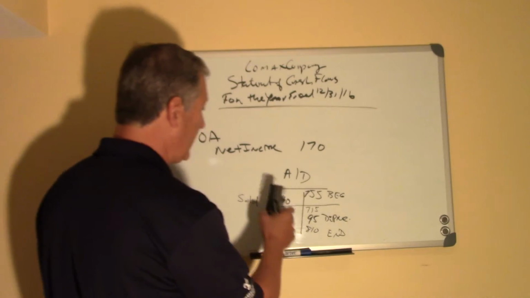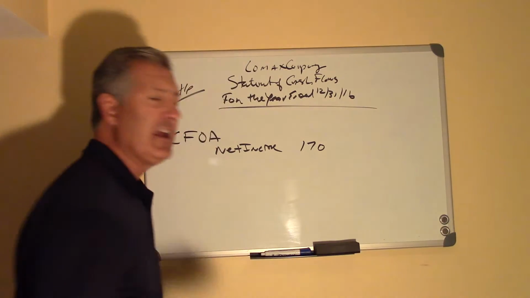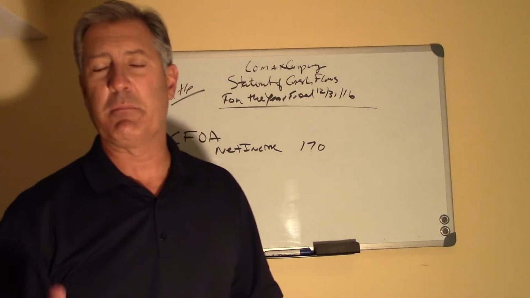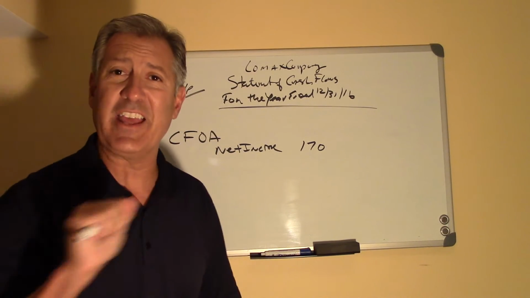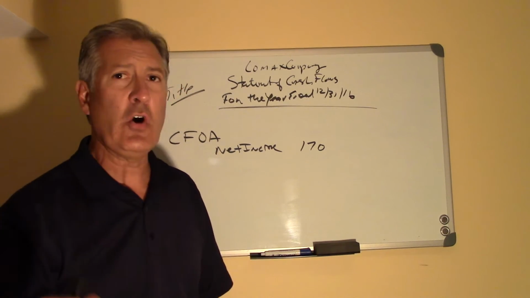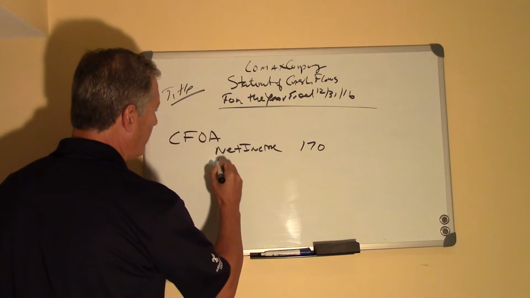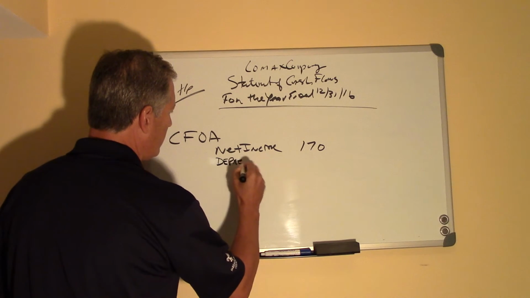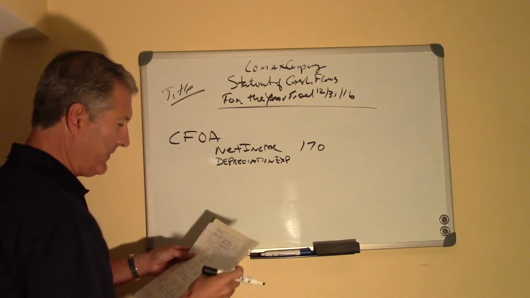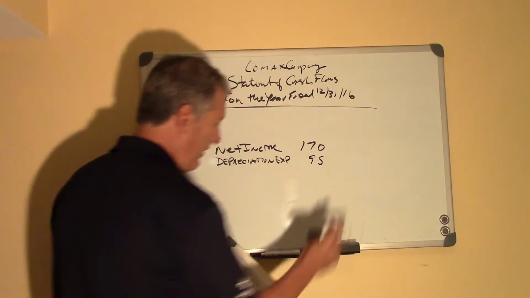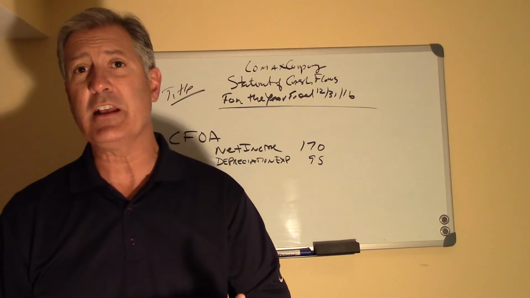And as we indicated in class, depreciation expense is a non-cash expense. Depreciation is the allocation of an asset over its useful life. It's an allocation. There is no cash impact. Therefore, we want to add depreciation expense back to net income in the amount of $95,000. The other thing we want to do is continue to look at that income statement to see if there